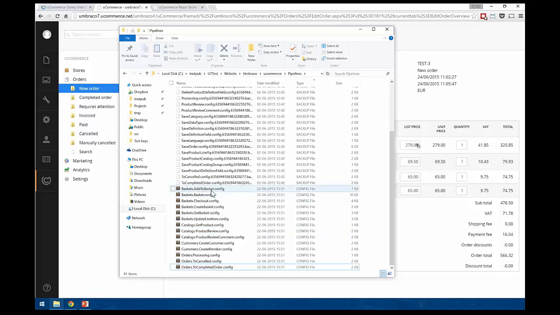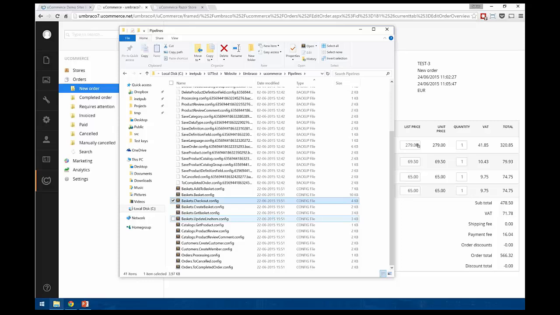But you see here, there's a new one called Add to Basket. So sometimes it's interesting to see what's happening or react to the fact that a customer is adding stuff to basket, and so you can hook into that. And there are a few other ones when we're loading a basket, when we're creating a new one, and so on and so forth. These are just opportunities that make it very simple to hook into the process that is described here. More pipelines are coming along all the time, and we're starting to see a transition towards that because it is just so easy to work with.